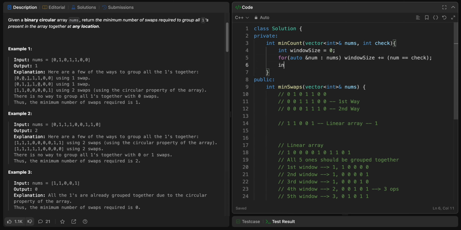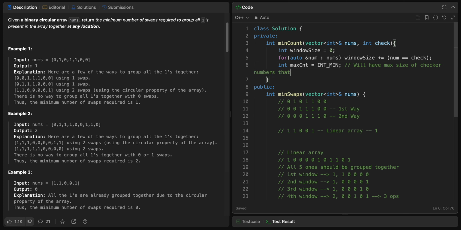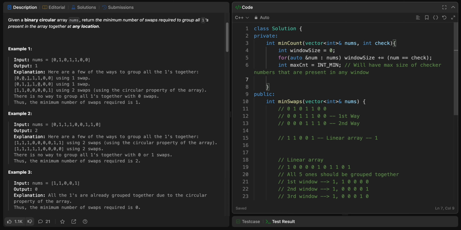And I'll call max count, or let me call it max count, should be equal to int min. So what this max count would be doing is, this max count will have max window size, or max size of checker numbers that are present in any window. Then I'll also have cur